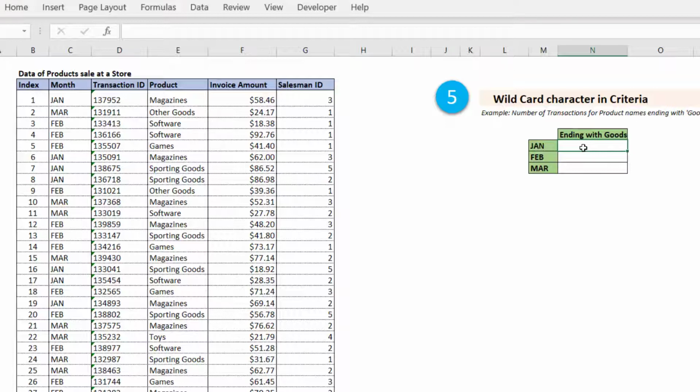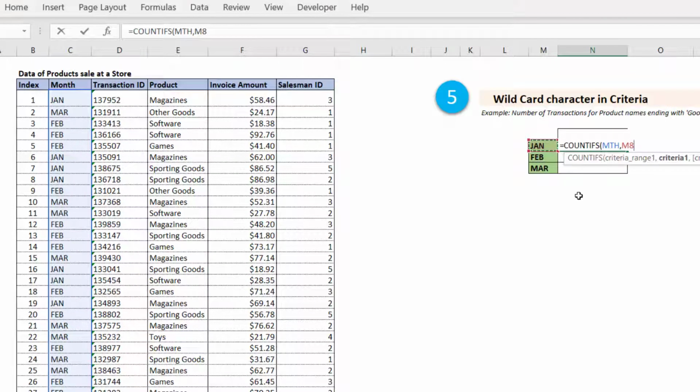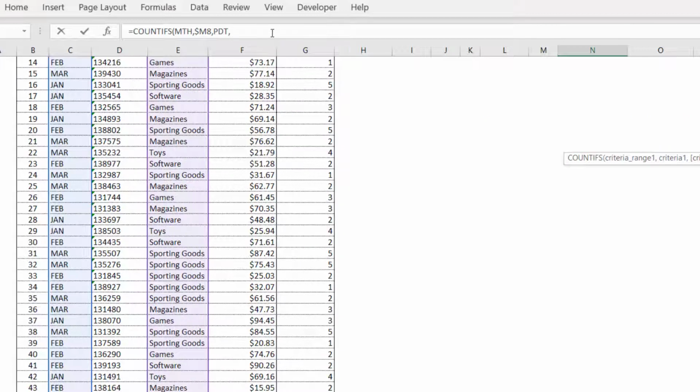So for this I will make use of the countifs variant, and again first I will select the ranges for month column, then select the criteria, and second I will make a search on this column product, and I will make use of the wildcard character asterisk sign to look for all the labels where the text goods is there.